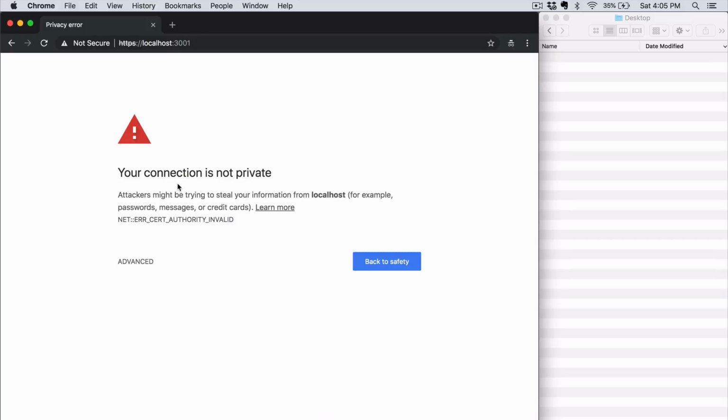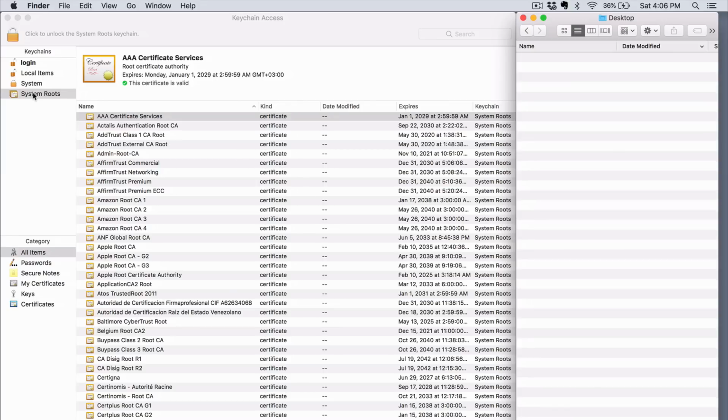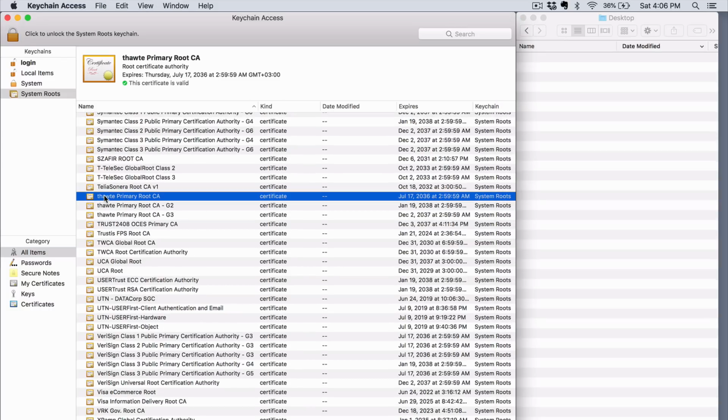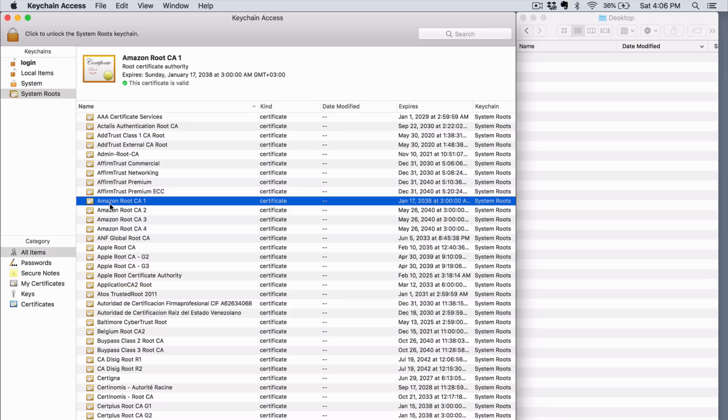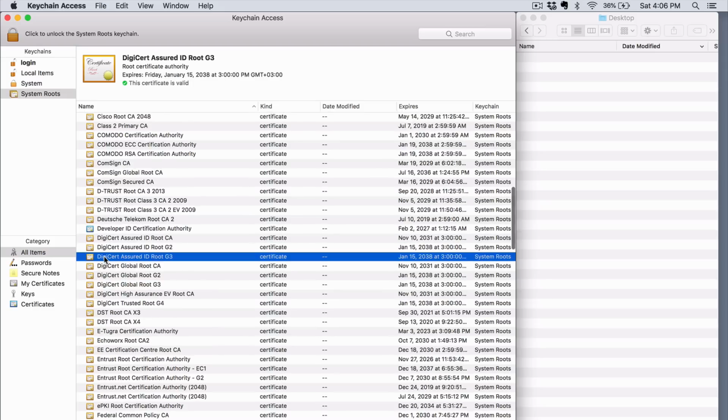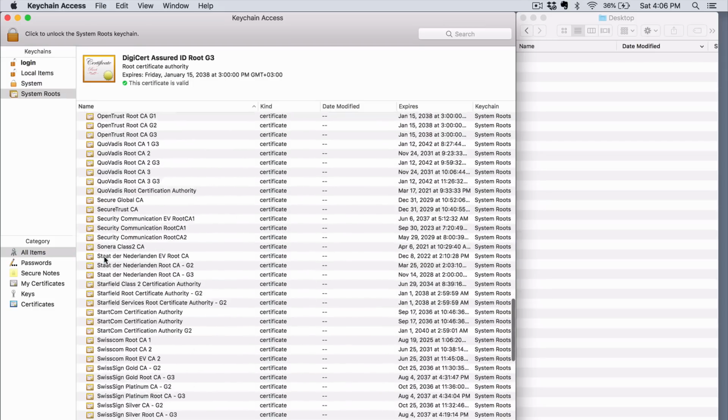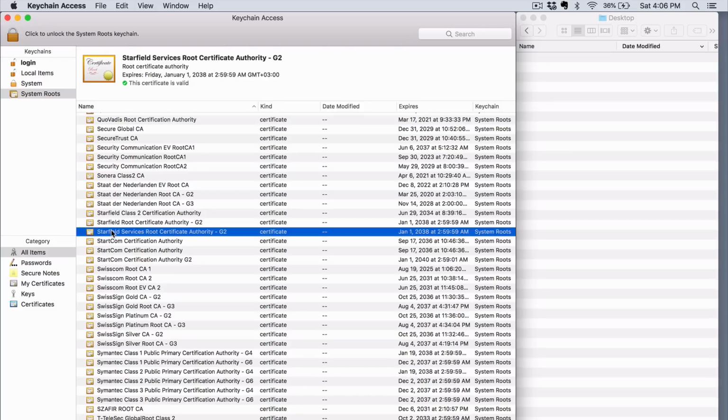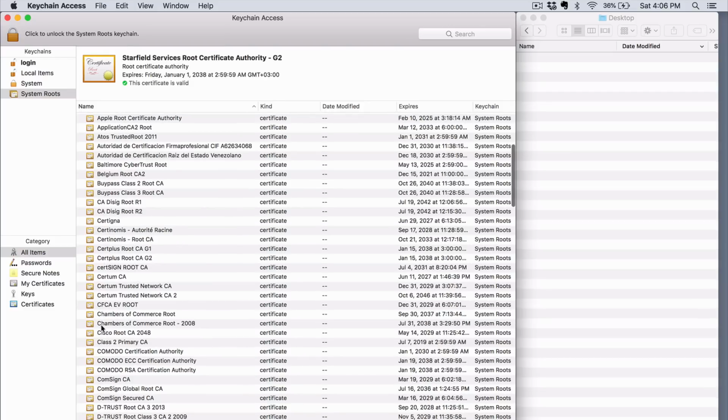If you're on macOS and you're using Chrome, the operating system itself actually has a list of all the certificate authorities that it knows and it trusts. And you can see that by opening up your keychain, like this, and clicking on System Roots. You'll see a list of certificates here. Many of these names are things you'll recognize. You'll see Thawte, and Amazon, and Apple, and DigiCert, and Starfield Technologies, which is another name for GoDaddy, and here